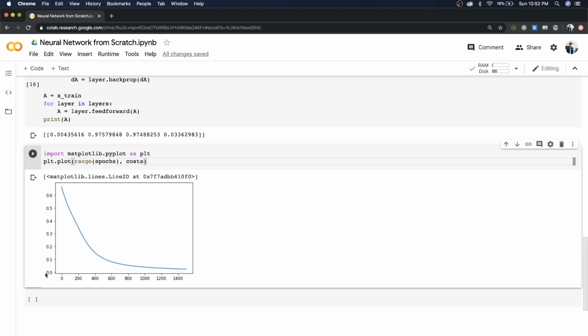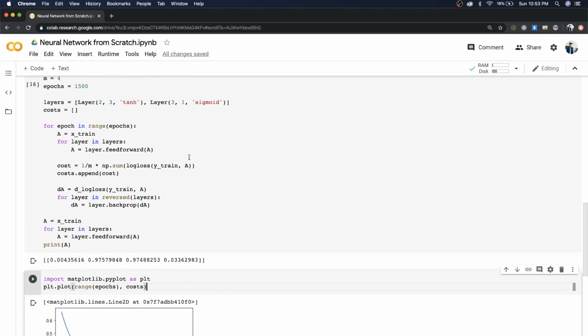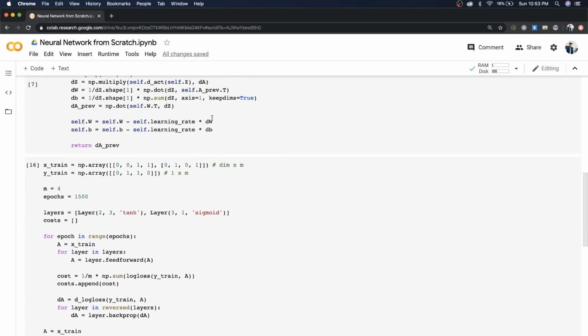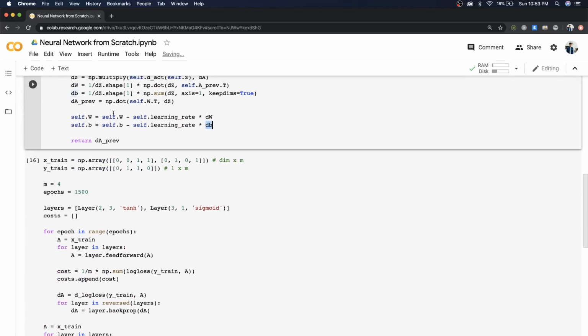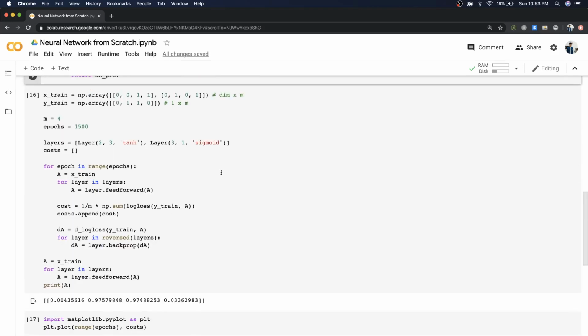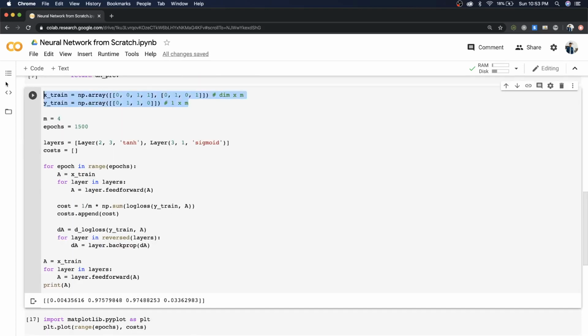So it reaches a value that is very very close to zero, and these values of TW and TB also correspondingly become very small, and so the updates made to W and B are smaller. So that's it basically. That's how you implement a neural network from scratch.